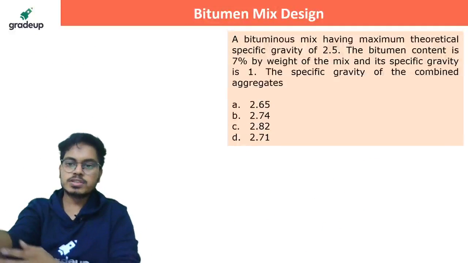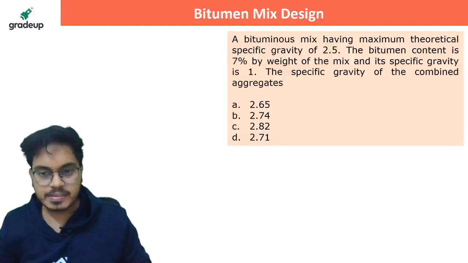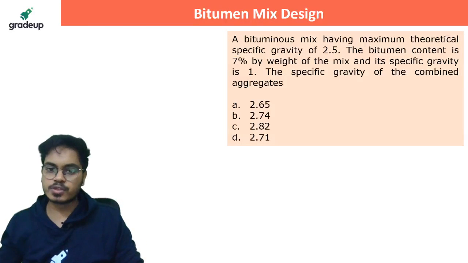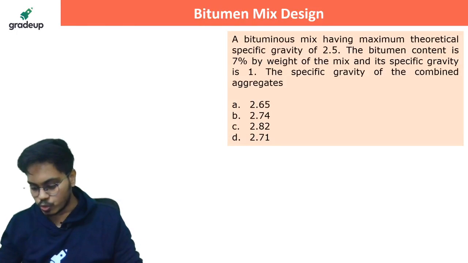Now the next question is this. Come on, solve this. So basically they are saying a bitumen mix having maximum theoretical specific gravity of 2.5